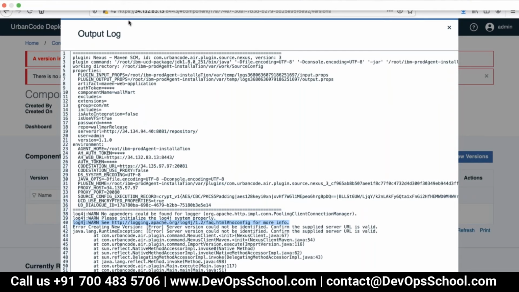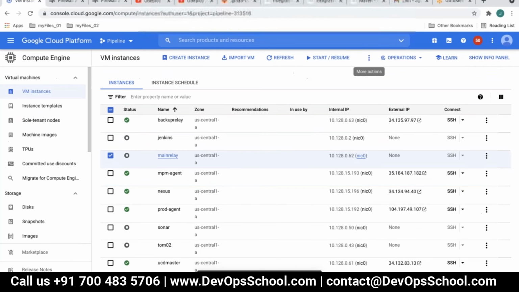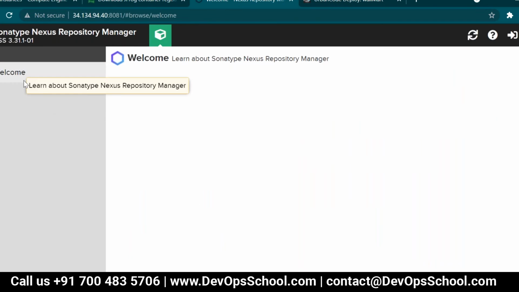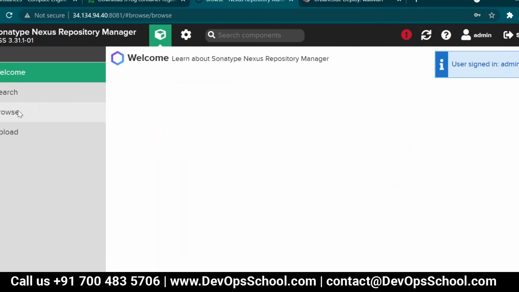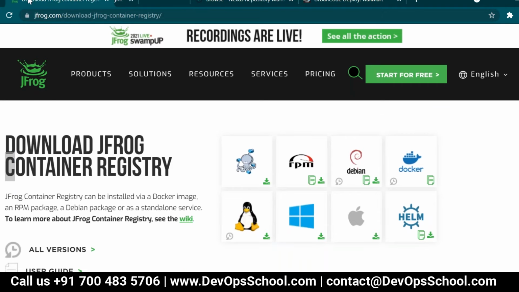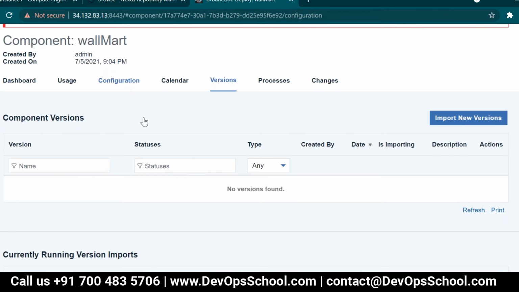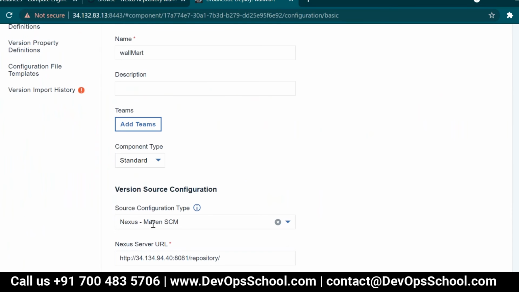Let me look for it. I'm deleting mine. Nexus Maven SCM.